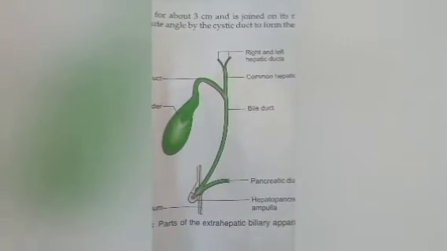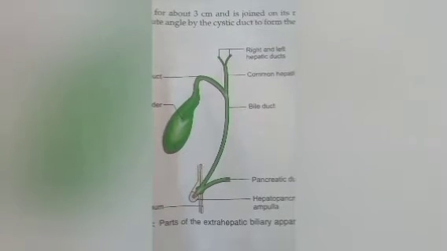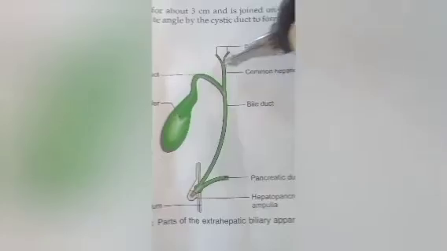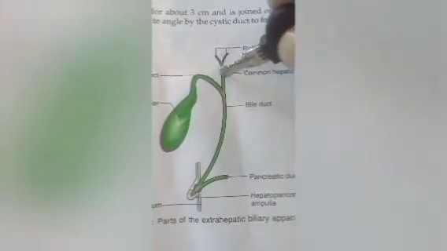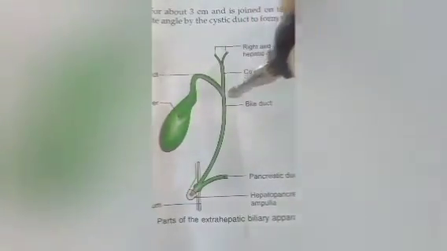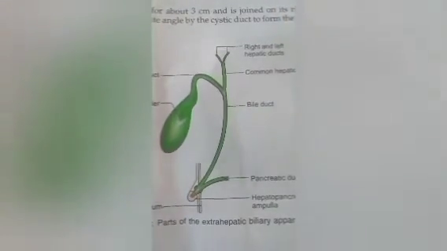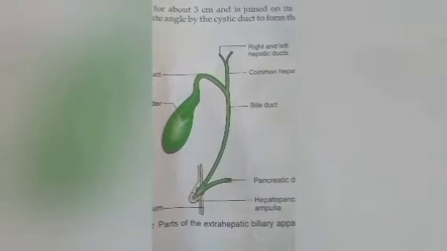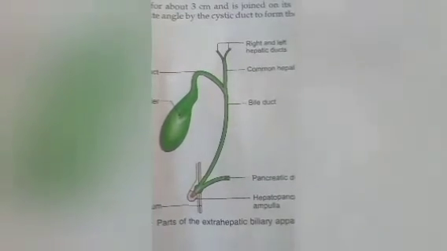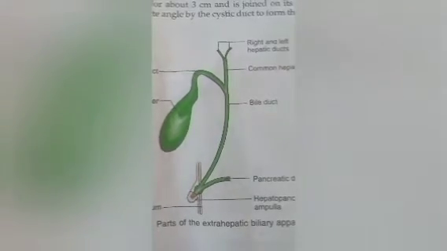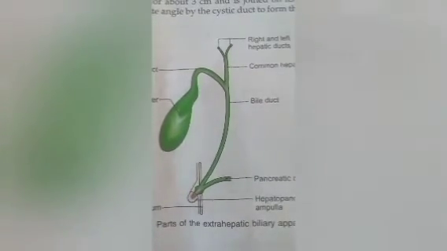The accessory hepatic ducts are present in about 15% of cases. They usually arise from the right lobe of the liver and terminate either into the common hepatic duct or gallbladder or into the upper part of the bile duct. These accessory hepatic ducts are responsible for the oozing of bile after cholecystectomy. That's why it is always advised to put a drain after the surgery.